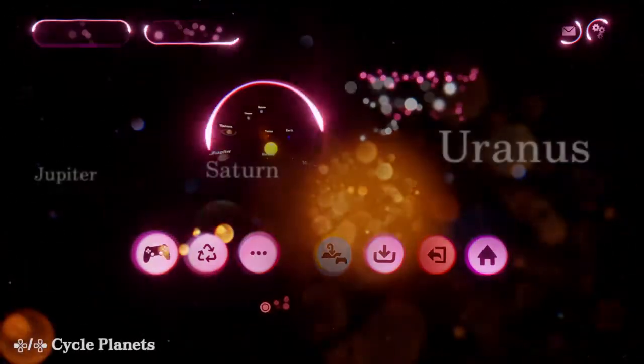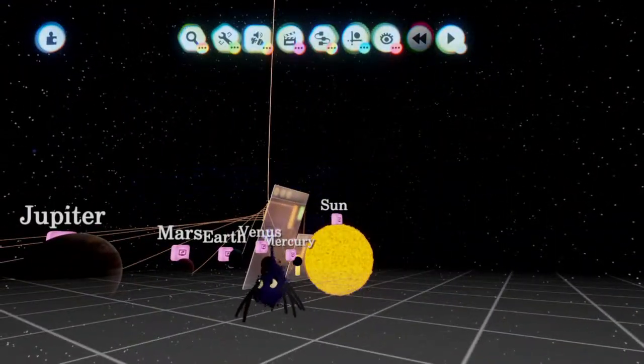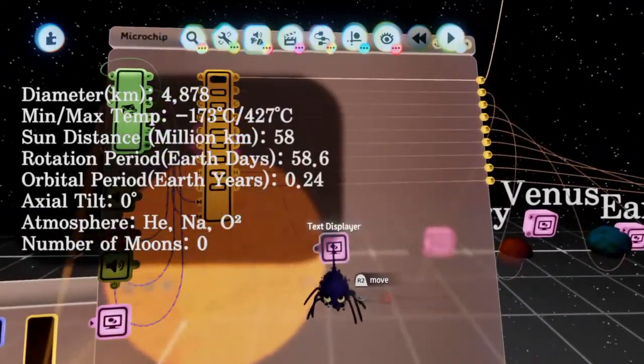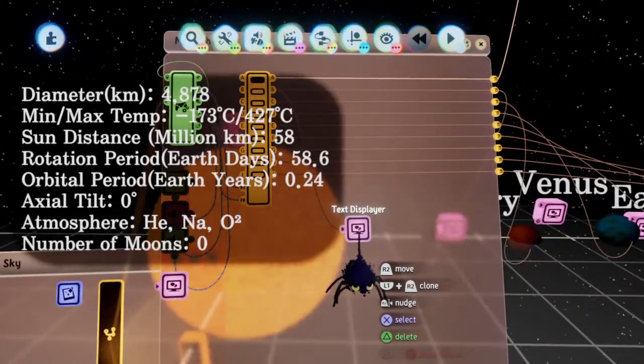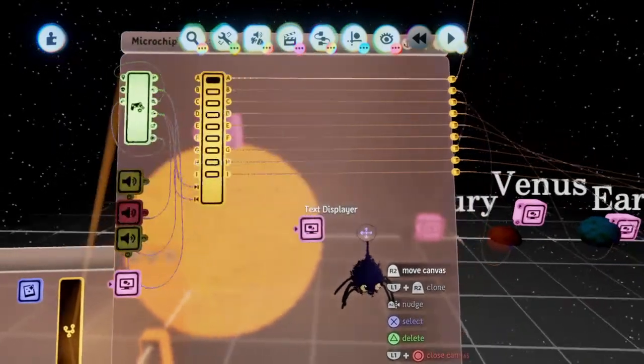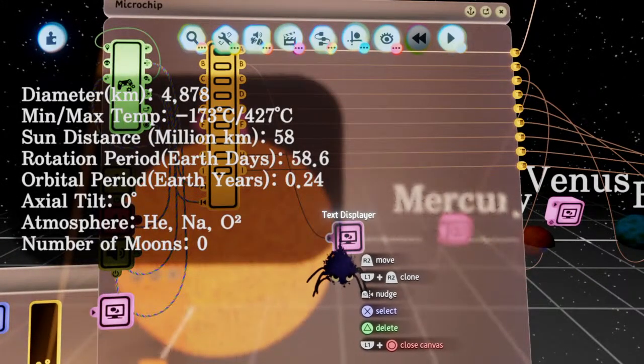Okay, so I could explain that in more detail if you want me to, but for now, right now this text displayer is just showing you the stats of Mercury. But what I'm actually going to do now,